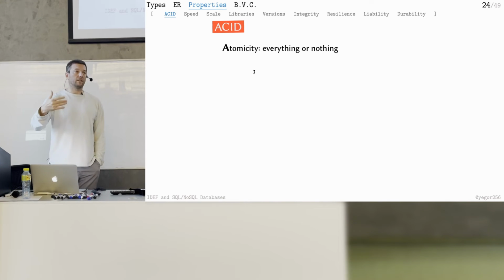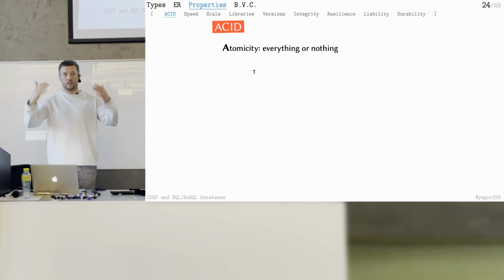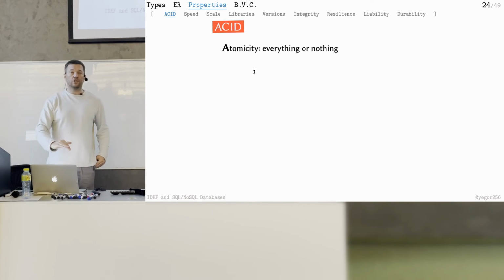For example, I go to the database and say, increase the salary for all employees by $5. The database starts working, increases the salary for 5 people, and then the electricity shuts down, and the other 100 people don't have the salary increase. Then we turn on the electricity again, the database starts, and we see that 5 people have increased salary, another 100 people not increased. This is not atomicity. So that's wrong. Atomicity means I'm asking, it starts, I shut down the electricity, everything crashes, I restart, no changes there.